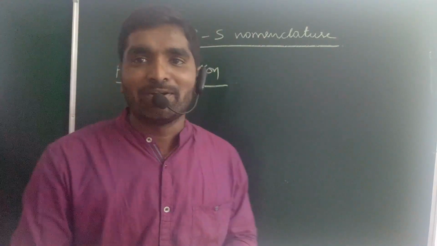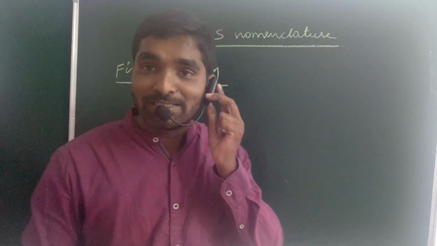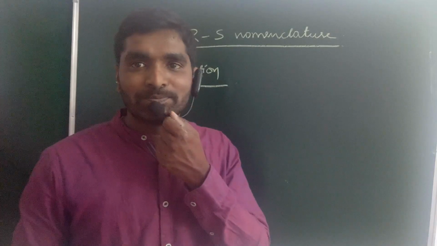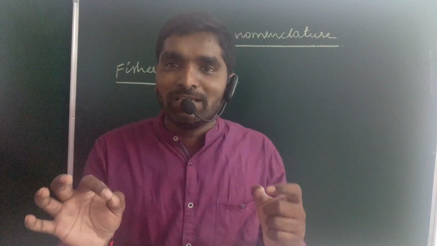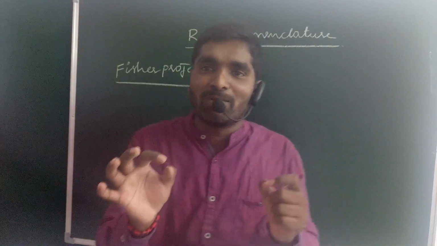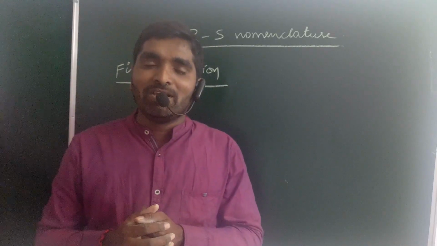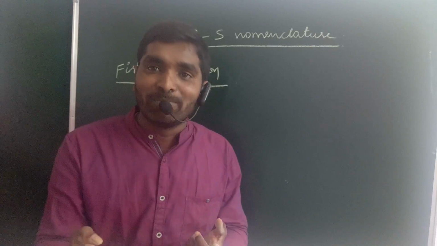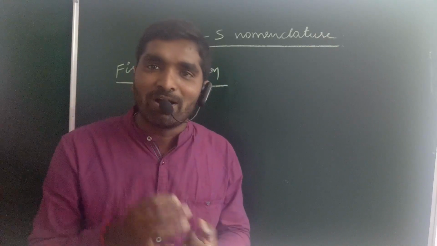You all are very welcome to the chemistry part. In last session, we discussed the CIP rules. On the basis of CIP rules, we'll give the RS nomenclature for the Fisher projection formula, which is the most important one. If you find the RS nomenclature, you can find the enantiomers, diastereomers, identical compounds and meso compounds.